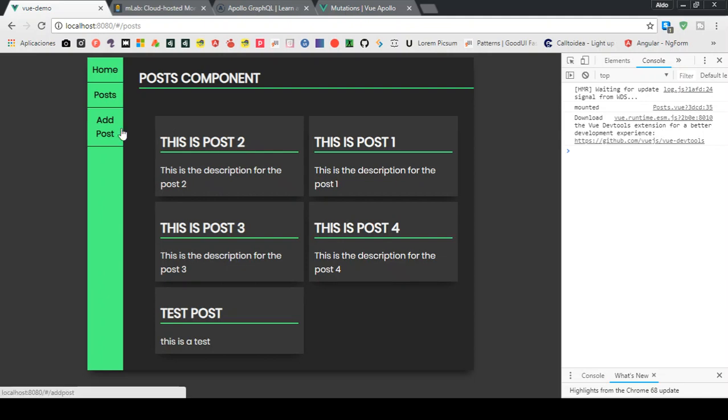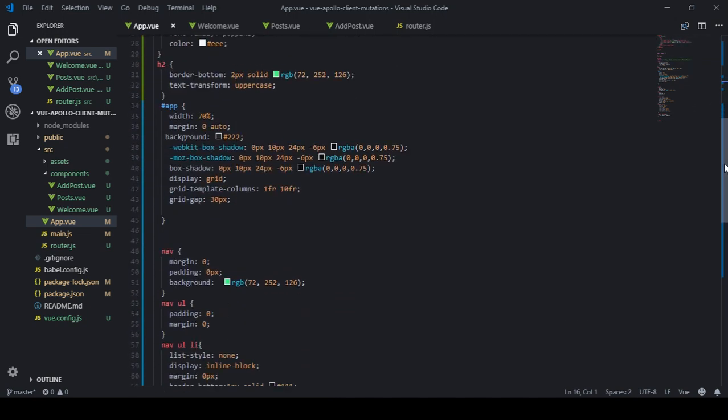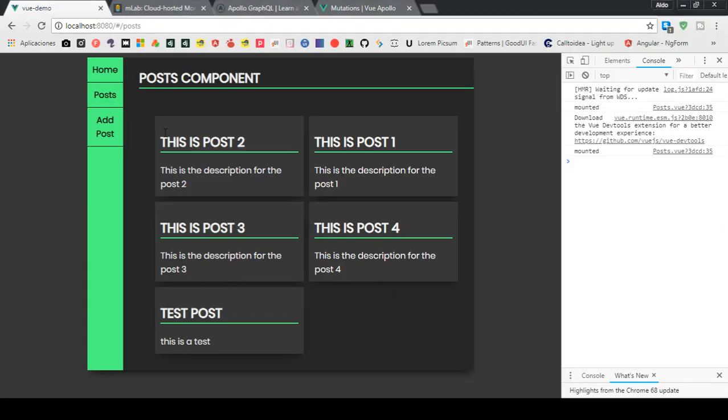I'd like to focus on what I want to show. What I mean is that this is almost the same application, and I already showed you how to retrieve the data with Vue from a GraphQL endpoint. Okay,